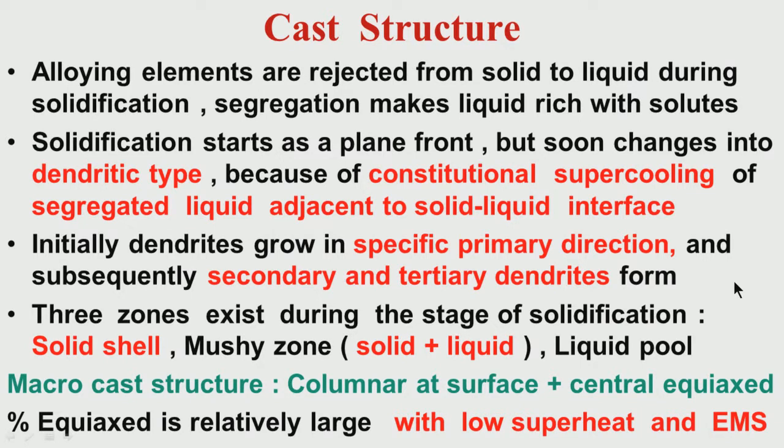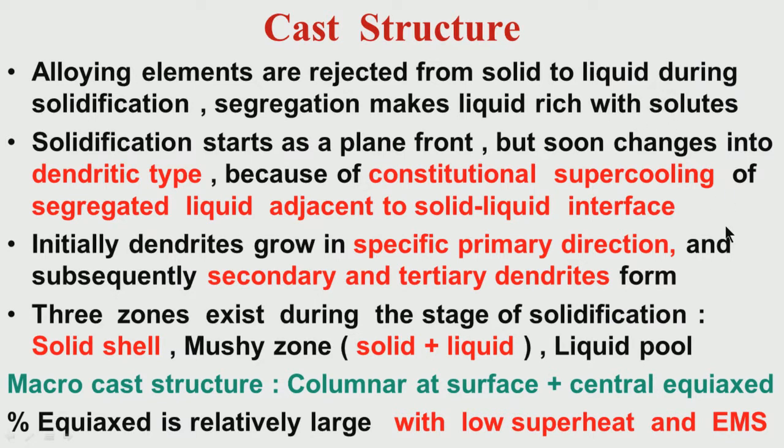heat transfer, near to that but not exactly, because the actual growth takes place along certain crystallographic directions of <100>. The <100> direction nearest to the heat transfer direction will be the primary direction of dendritic formation. It is called the primary direction, but after some time there are secondary and tertiary dendrites as well. It is important to know that initially it is dendritic solidification which takes place in steel because of